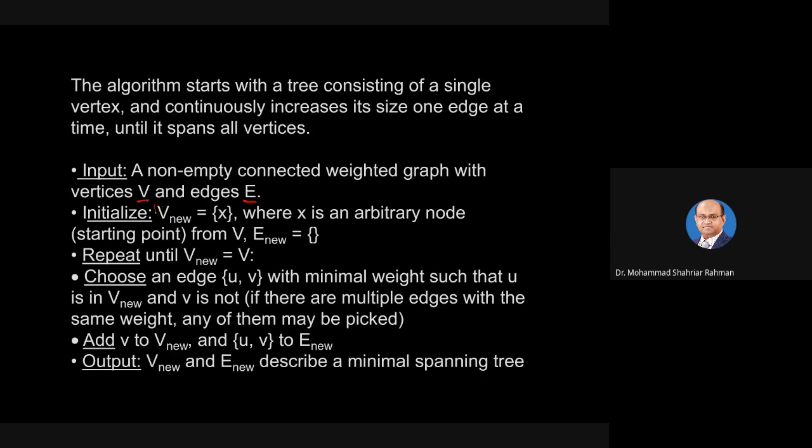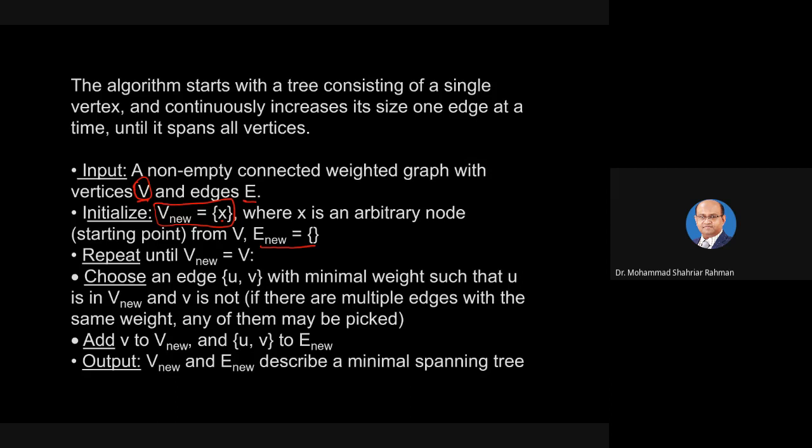We take another set V new, যেটাকে আমরা বলছি যে নিউ গ্রাফ। ওকে, সো তার সেট অফ ভার্টিসেস হচ্ছে V new, initialized with x, an arbitrary node বা স্টার্টিং পয়েন্ট বলতে পারো, যেটা আমি আসলে এই যে অরিজিনাল গ্রাফের V থেকে দিচ্ছি। অ্যান্ড ইনিশিয়ালি E new, নতুন যেই ট্রিটা পাবো সেটার এজ হচ্ছে এমটি, কোনো এজ নেই।